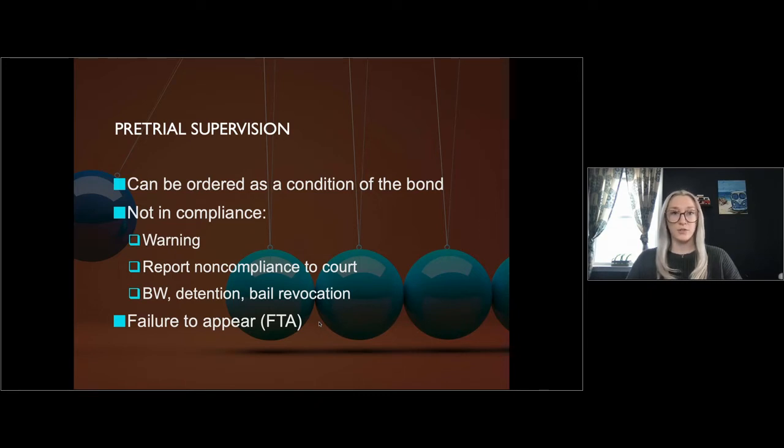Those who fail to appear typically are those who are younger, have substance abuse problems, have dropped out of high school, and have at least one failure to appear for a prior court hearing or escape from custody.